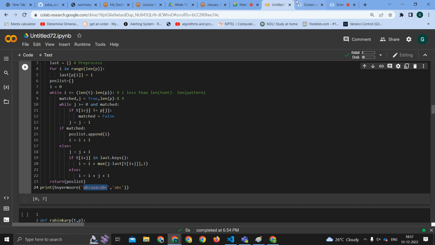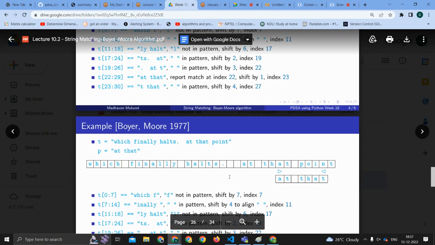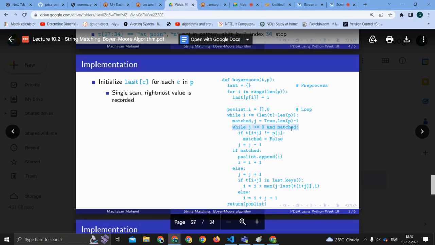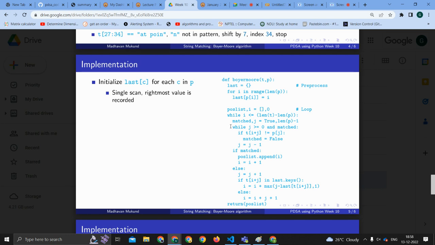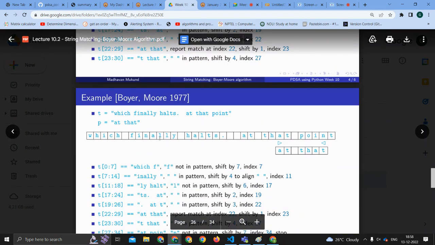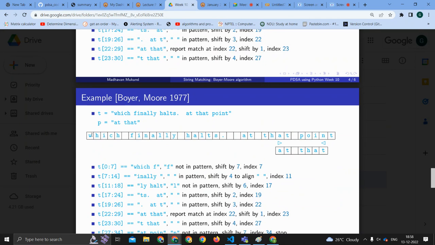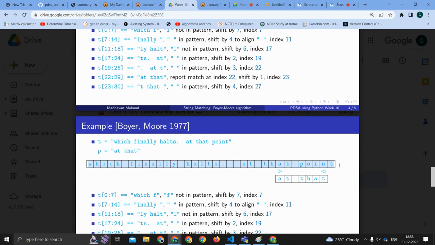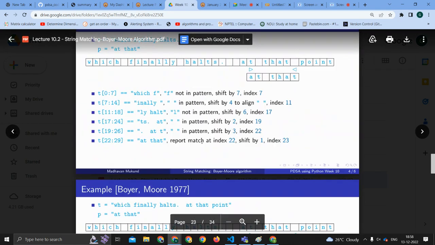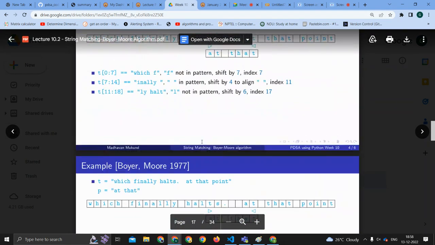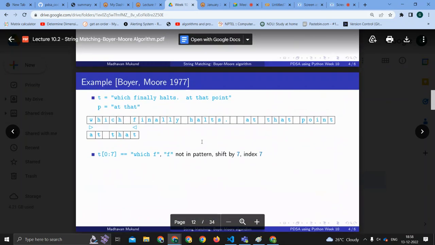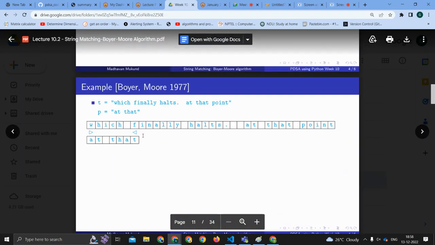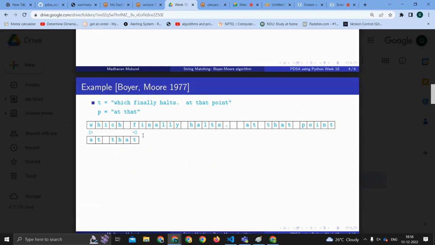Okay, I'll go to the slide, whenever you say. Not this one, the example that was provided in the slide, the first one, at the top, where the indexes were sliced in a proper way. Yes, this one. So first, while j is greater than or equal to zero and matched, it goes into the while loop, and if